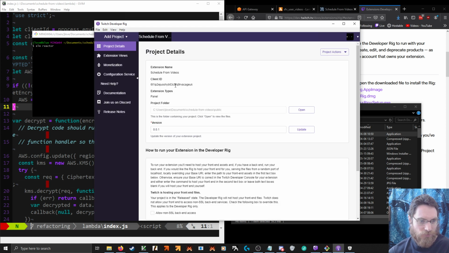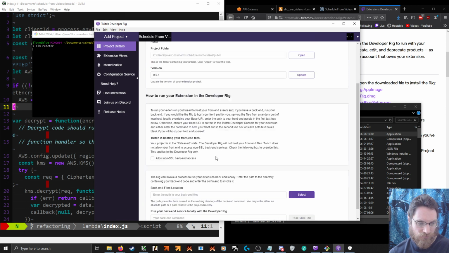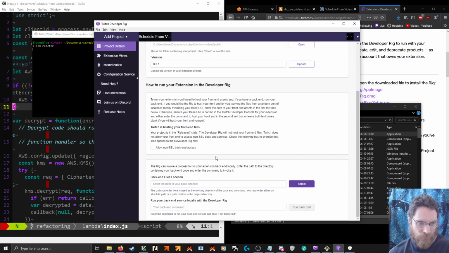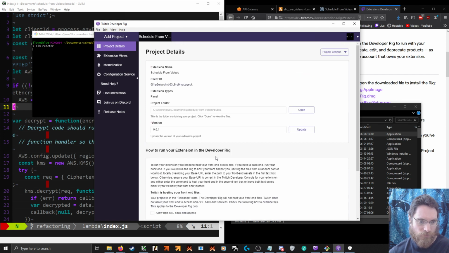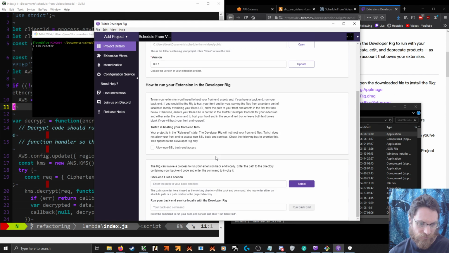All right, project folder, version. I think I have to create versions elsewhere. Project is in the released state. Front end assets in the first box.